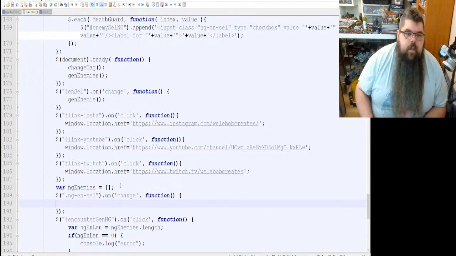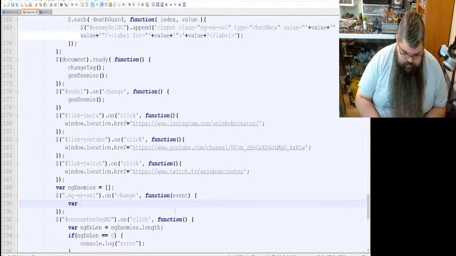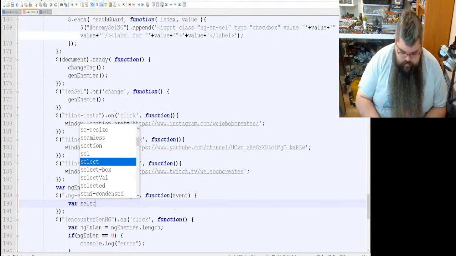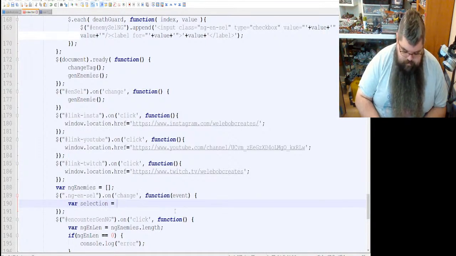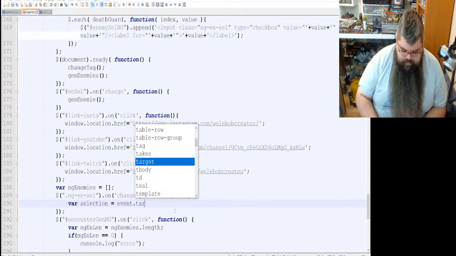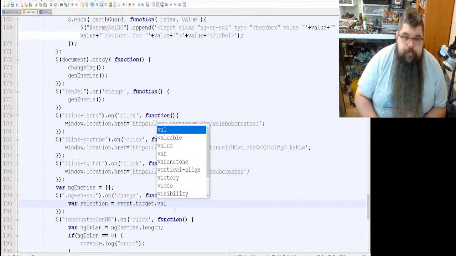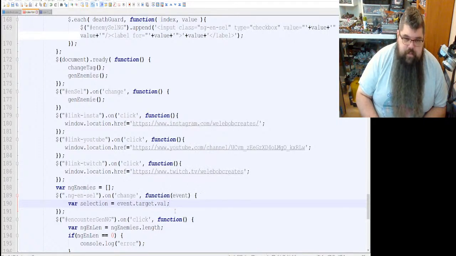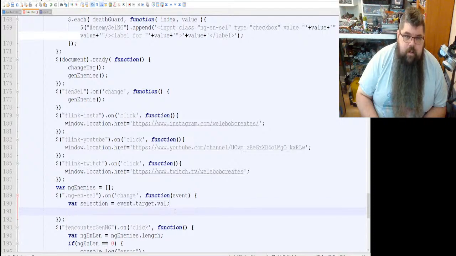And what we want to do is we want to pass this event. And what we're going to do, we'll call this selection equals event target val. That's what I think the binding is, if I remember right off the top of my head.